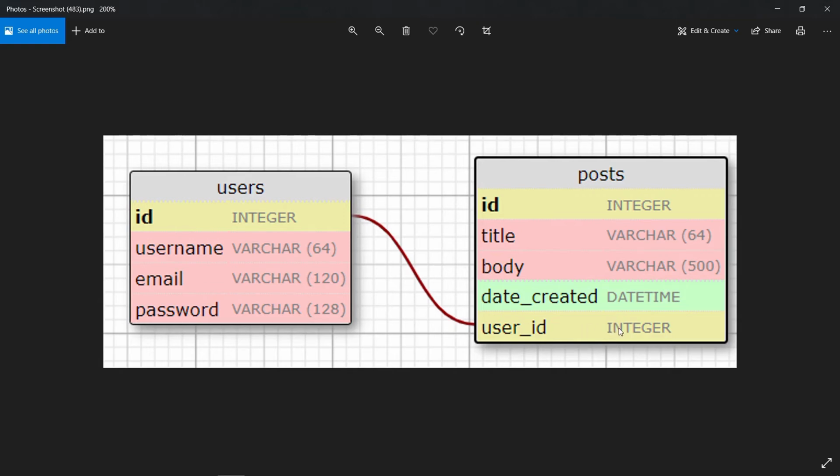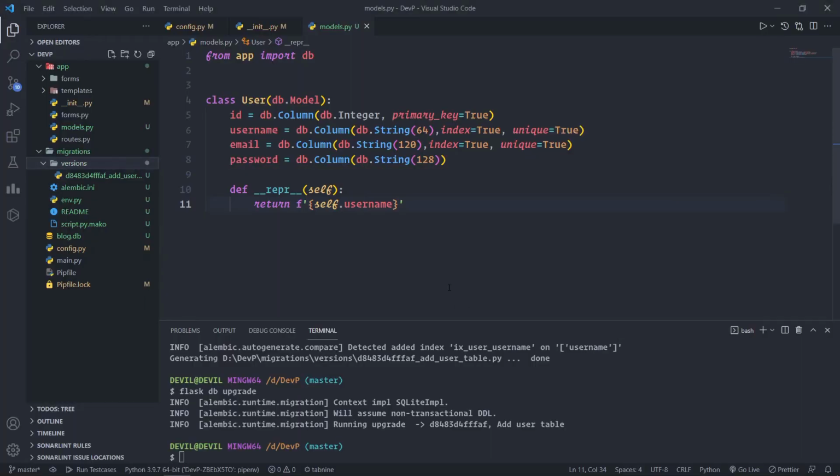So let us see how we can code this in our models.py file. Here we have to create another class called Post, and it will extend the db.Model class, and then we can write id is equal to the same, we can copy from here, id is equal to db.Column, and paste it over here.